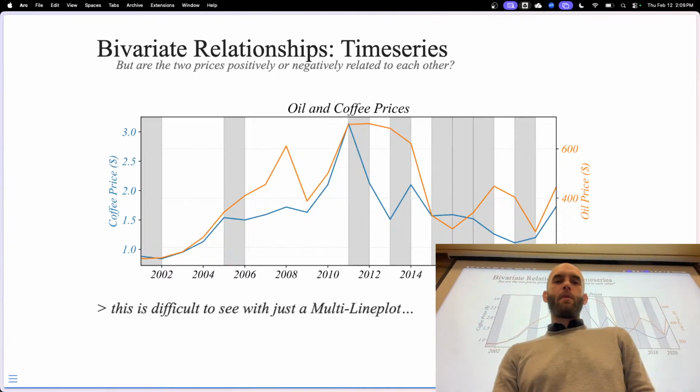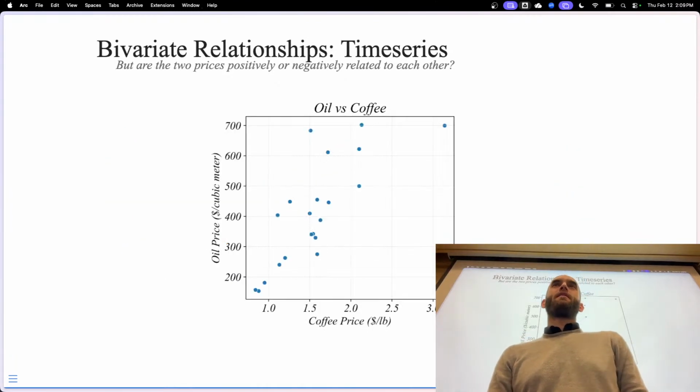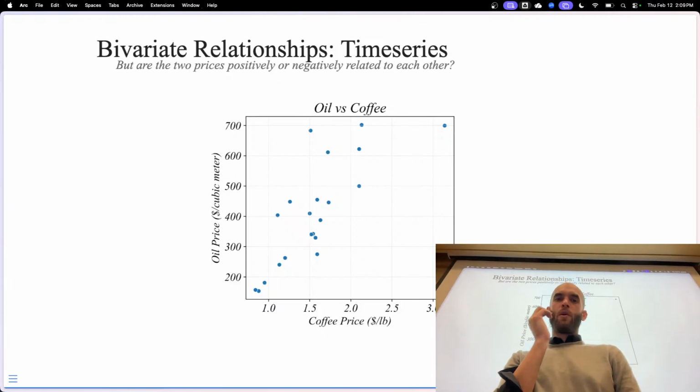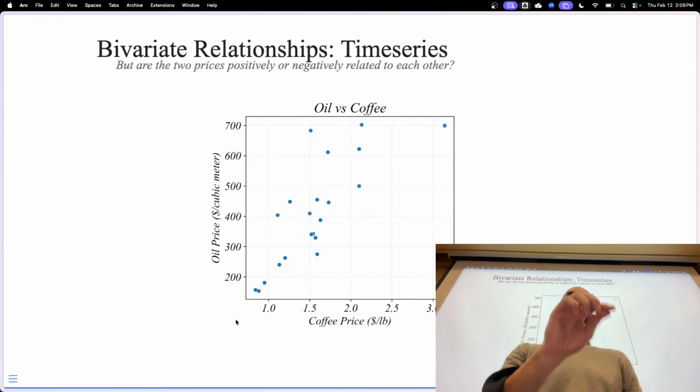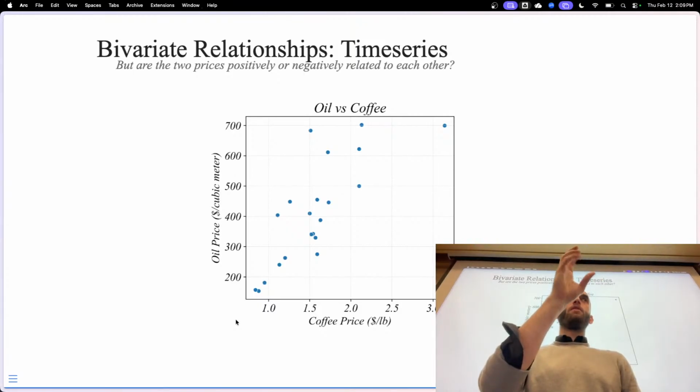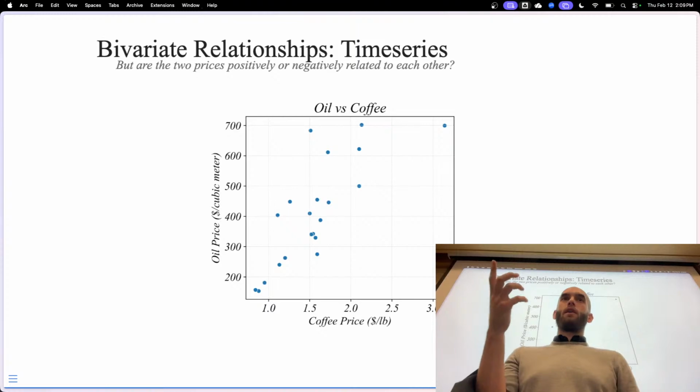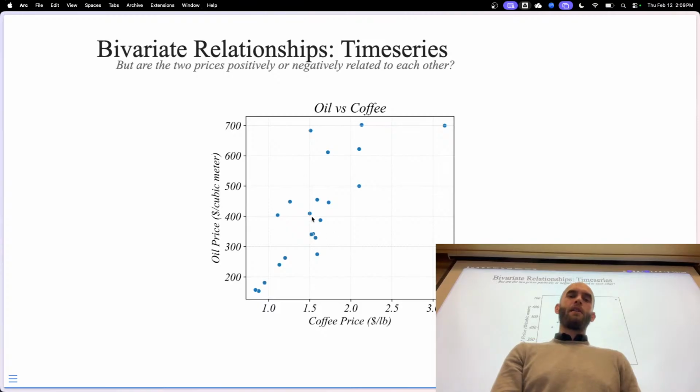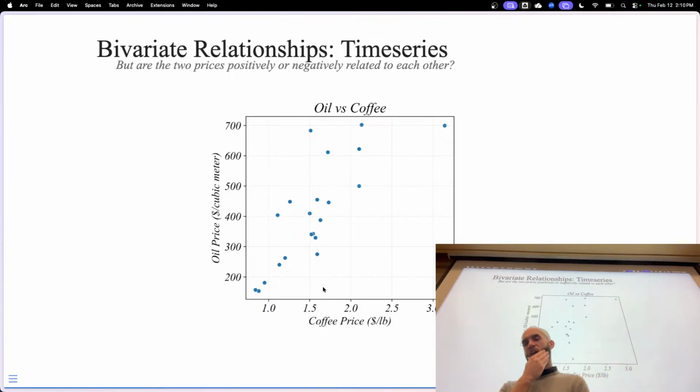Anyone have other ideas about what we can do? What about this? A scatter plot. So what I'm doing here is plotting coffee price on the horizontal axis. And then, not for different countries but for different times, I'm plotting each one of those time periods, the price of oil and the price of coffee. And now, if I were to ask you whether coffee prices and oil prices are positively or negatively related with this figure,